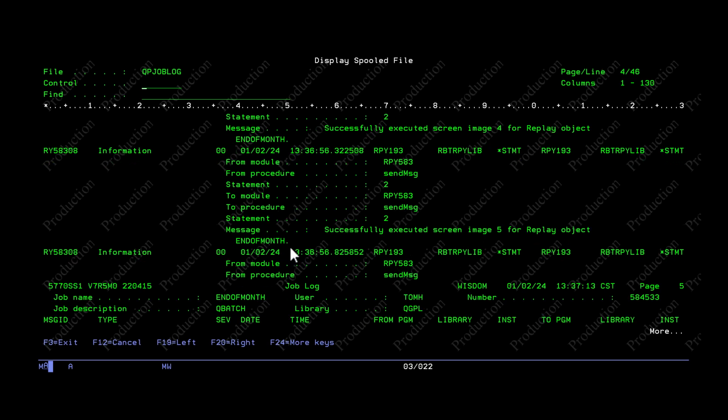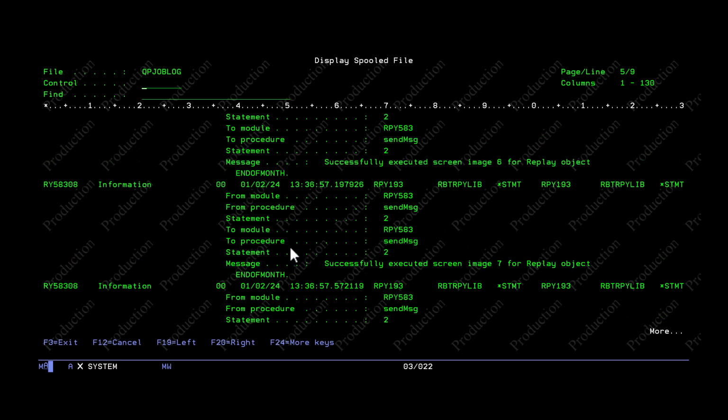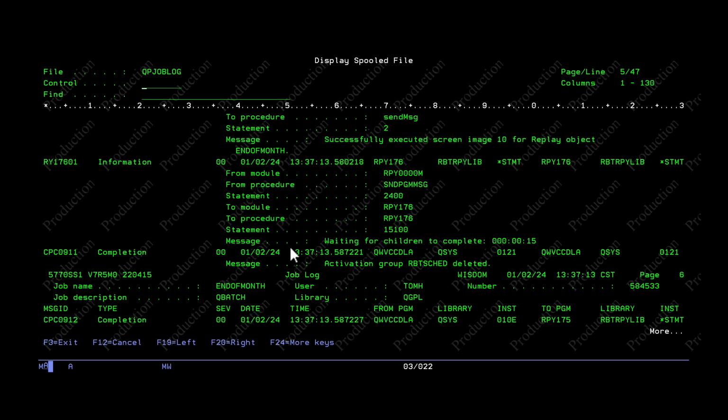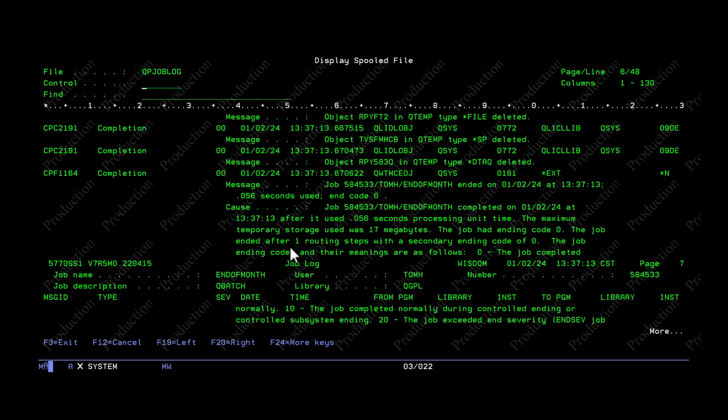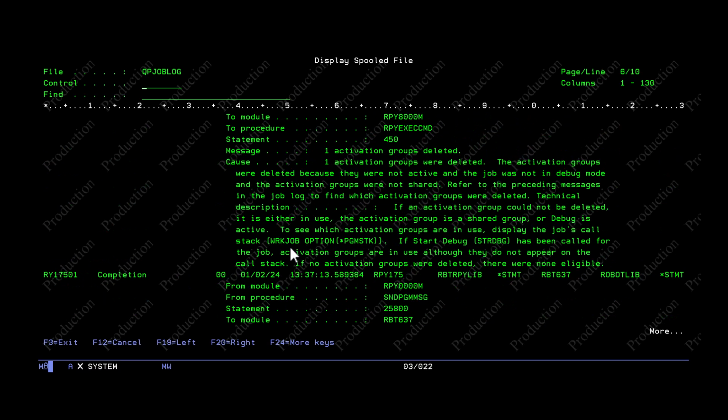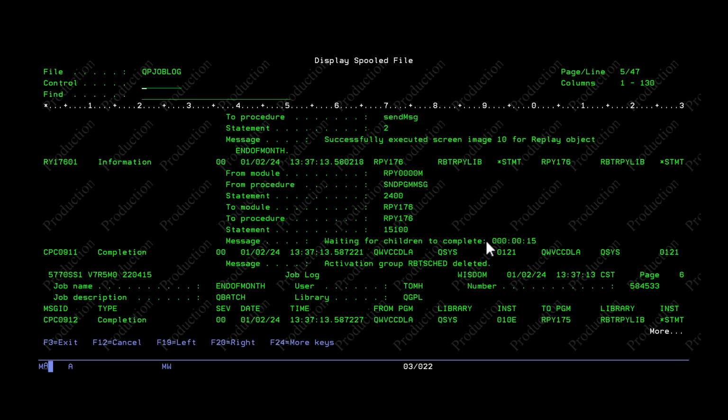Screen 1, 2, 3, 4, 5, 6, 7, 8, 9, 10. 10 full screens. And then the last thing we'll see is that Robot Replay was waiting for the child job to finish, and that's right here. So there was one submitted process.